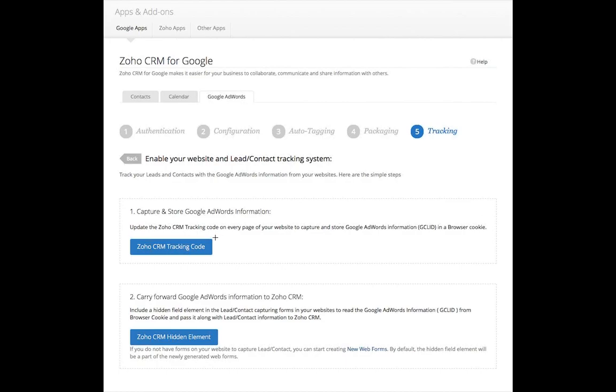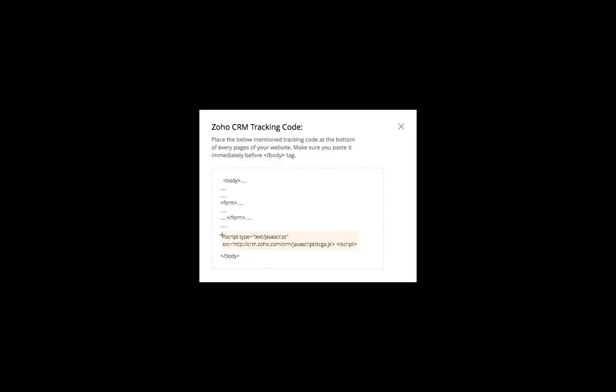Let me repeat again. The first thing you need to do is to put the Zoho CRM tracking code, which is in this format highlighted in yellow, in all pages of your site. Secondly, you need to also put the hidden field in existing web forms. So the page in which you have a web form for capturing lead or contact details must have this particular code in it.